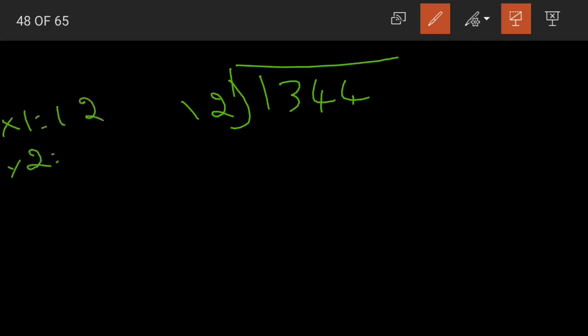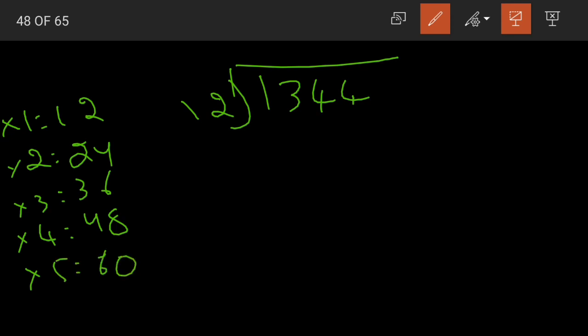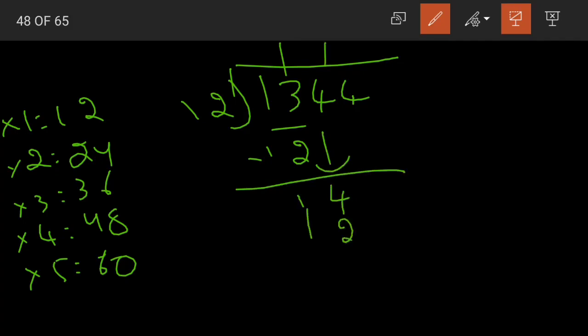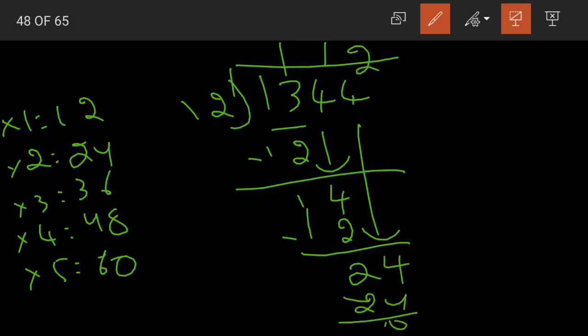When we divide that, what will we get? We will get the cost of one calculator. Yes or no? Yes. So let us start dividing. Now 12 ones are 12. When we subtract 1, 4 again. 12 ones are 12. When we subtract 2, 4 brought down. 12 twos are 24. When we subtract, 0 is our answer.